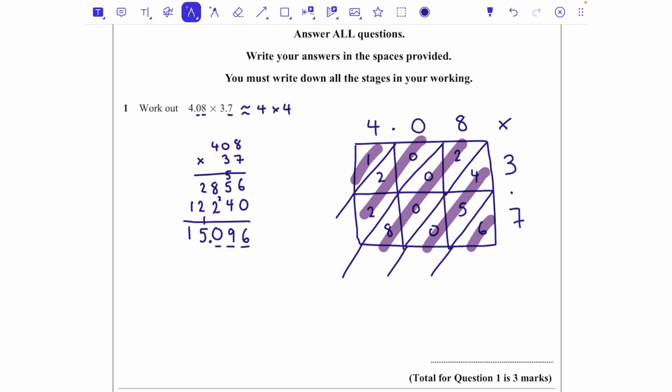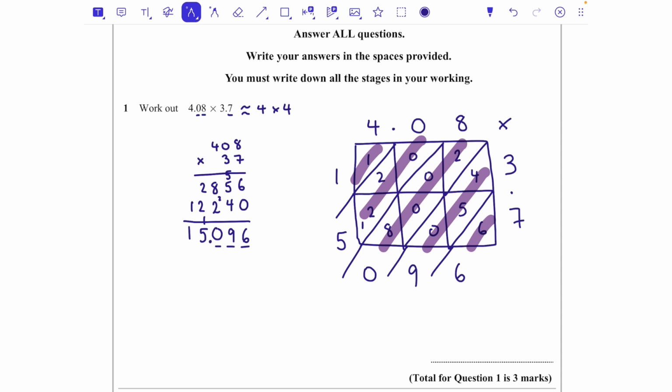So in my first diagonal section, I've got a 6. 4 add 5 add 0 is 9. 2 add 8, that's 10, so 0, carry the 1 into the next diagonal section. 2 add 1 is 5, and then I've just got 1 in that section there. And that's my answer,